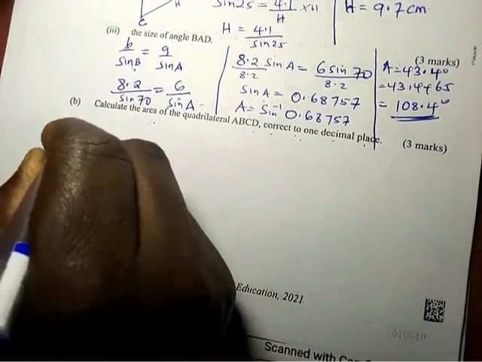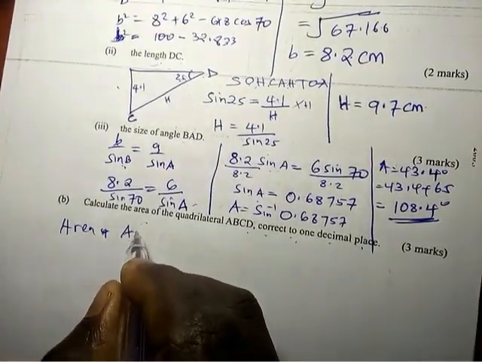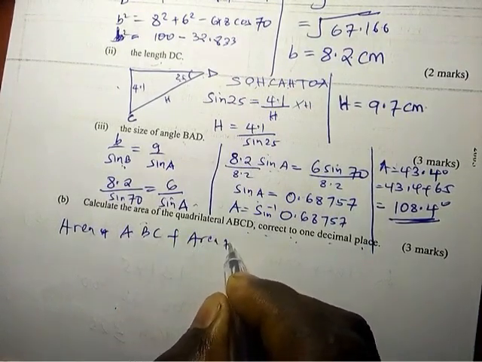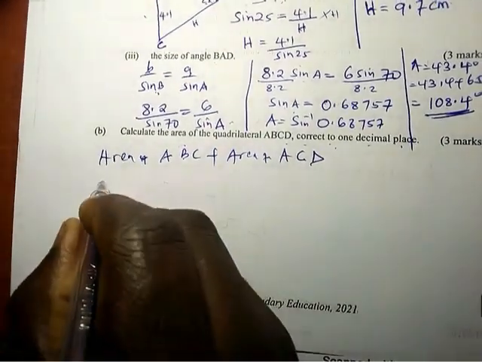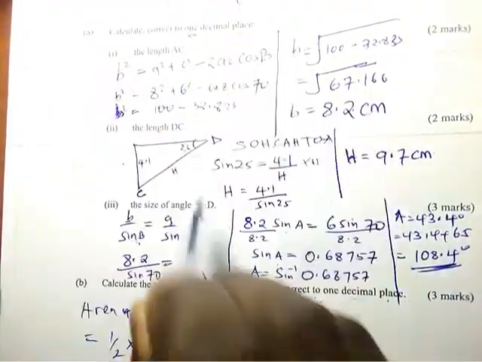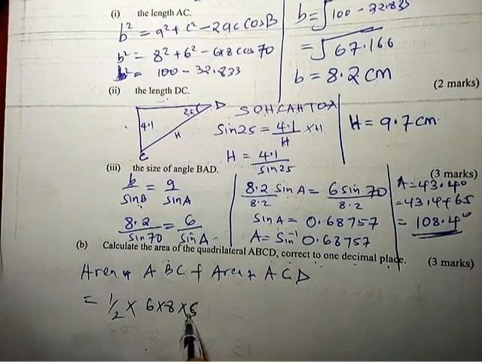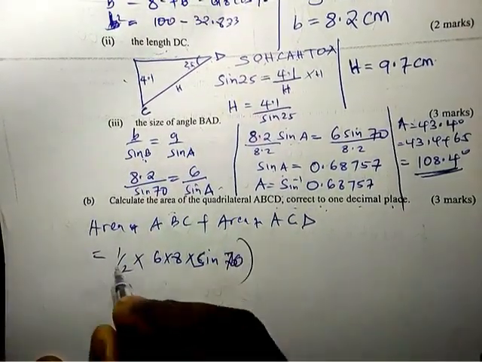So area of ABC plus area of ACD is equal to a half times 6 times 8.2 times sine 70, and then plus